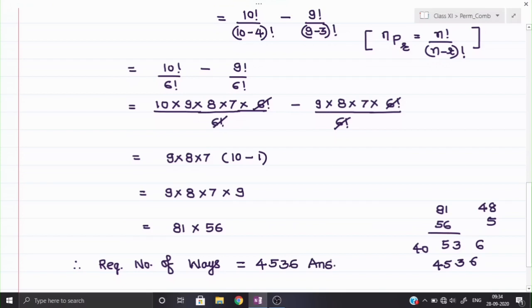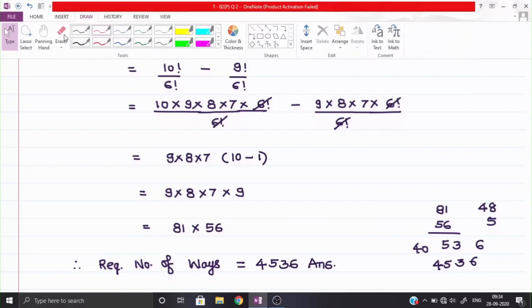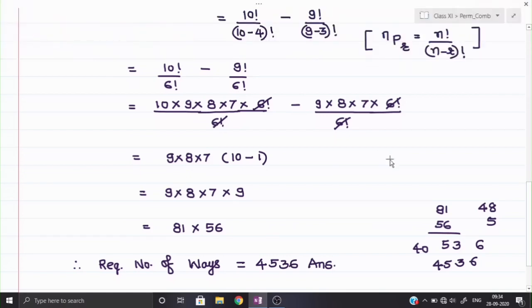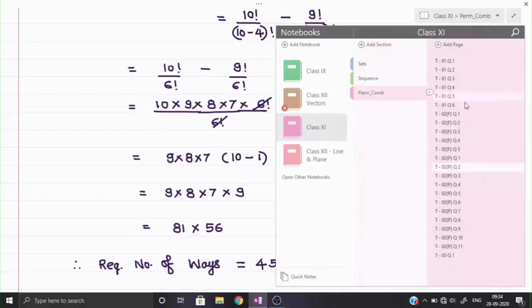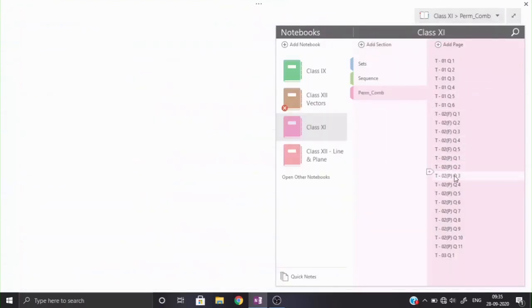That will be your answer. Okay, so you can check this question, only the second part is a little confusing, in the rest I don't think there is any problem. Only one thing you have to take care of in the examination: when you are forming a 4 digit or 5 digit number, you need to see whether 0 is coming at the unit place or not. If such kind of numbers are coming, you need to subtract them always.